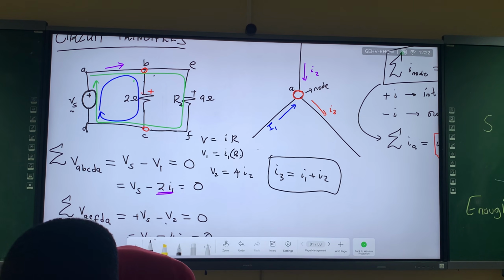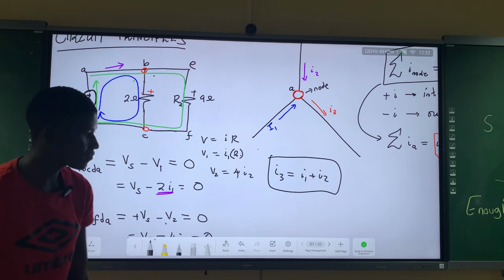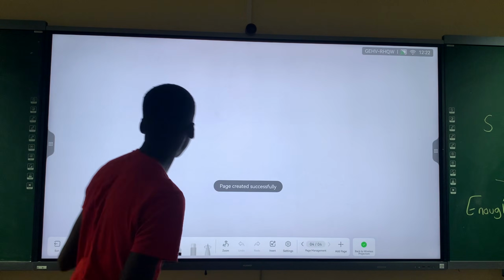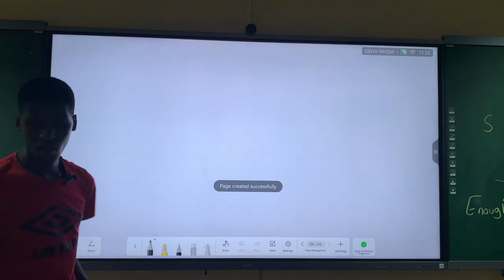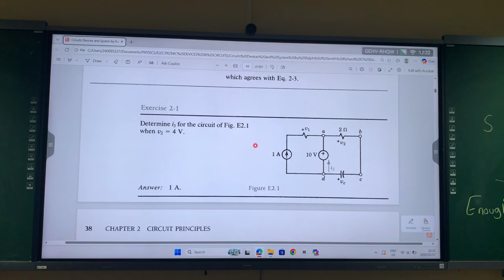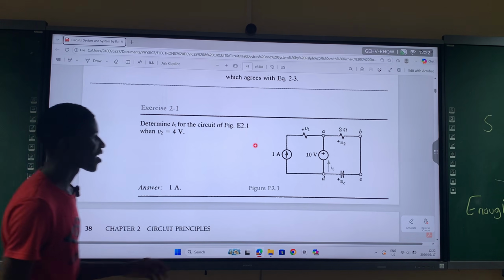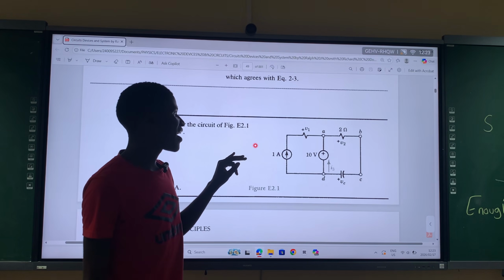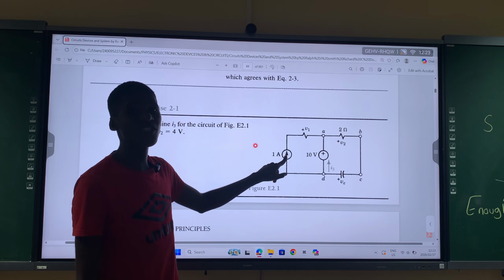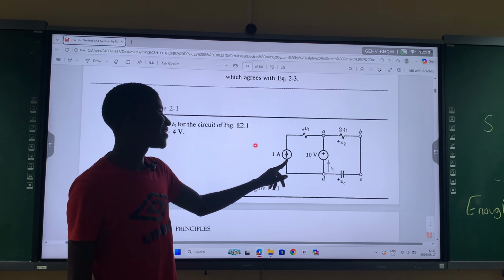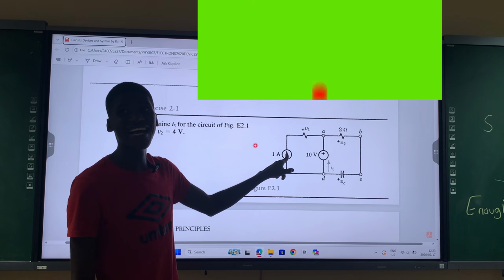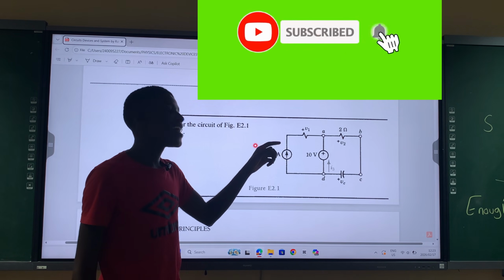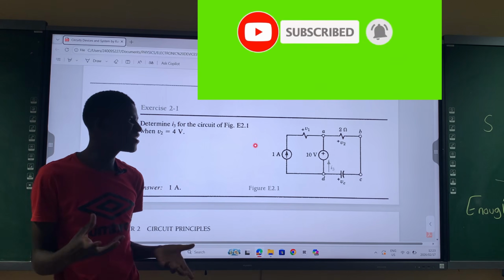Let's take this circuit. So it's an electric circuit, as you can see. Okay. Now, this time we are given two things here. We've got a current source. Okay, note this is a circular symbol with an arrow. This is a current source. Okay. There are many things, a voltage source and a current source.